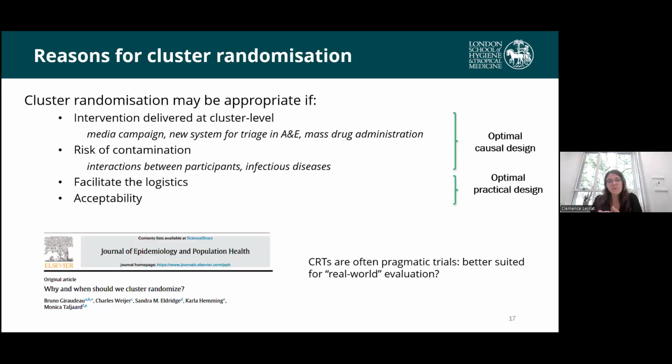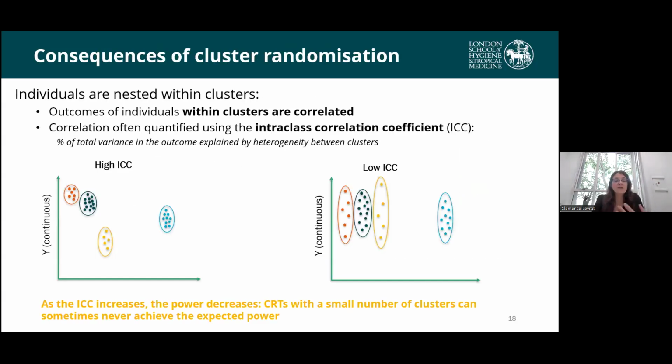And often people will say that cluster randomized trials are pragmatic trials. So in a way, maybe they are better suited for a real-world evaluation. But of course, it's great for a lot of reasons, but there are consequences, and mostly statistical consequences, because individuals are nested within clusters, so the outcomes of participants within a cluster are correlated, and we'll need to do something about